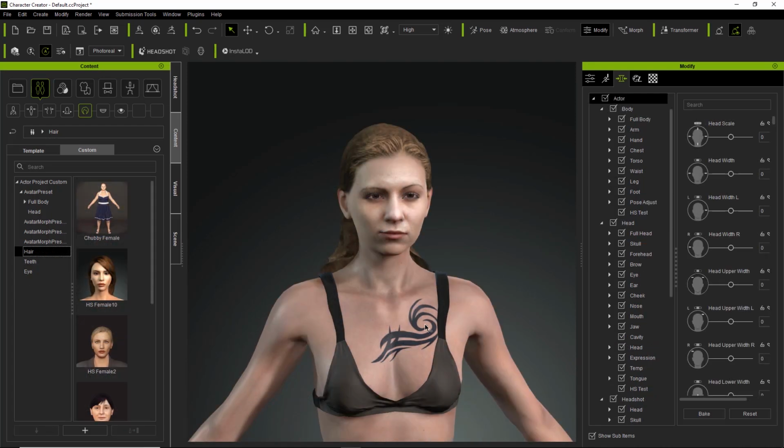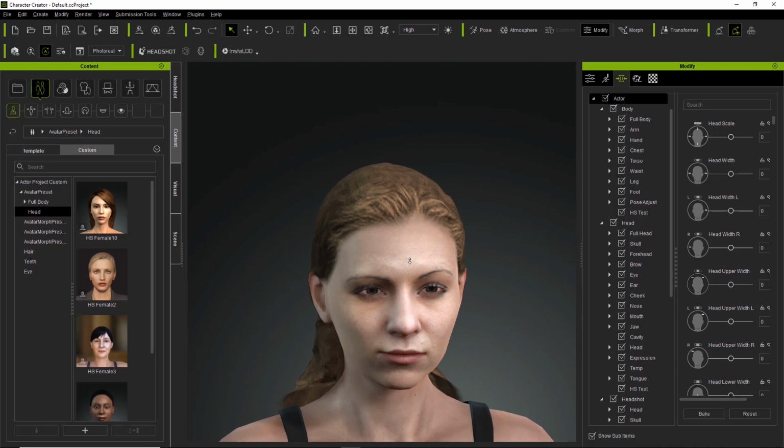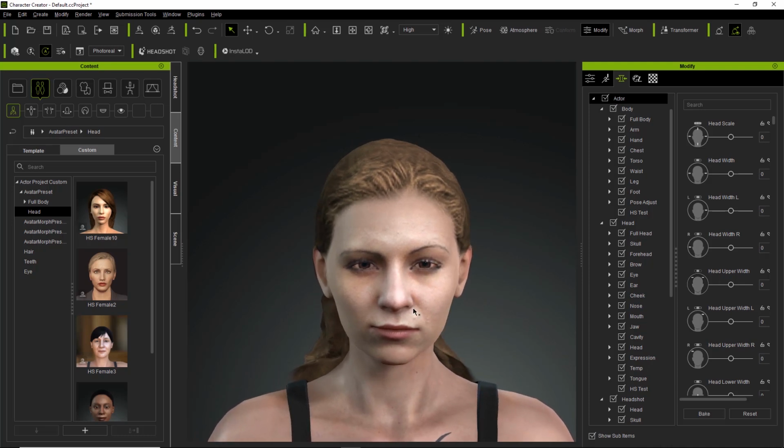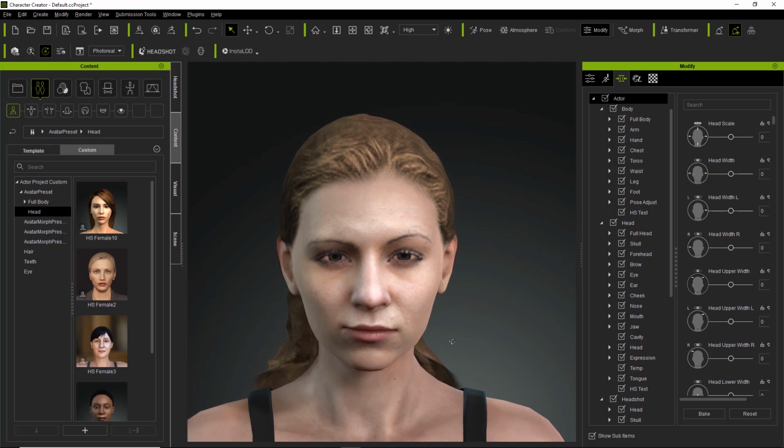Now, if we only want to save the head separately, then we can do that as well by simply going into the content custom tab here again. We don't have to go into the head folder right away, but we can. We just go ahead and press the plus key. Let's make sure we're at a good distance for a nice head thumbnail here. Again, you may want to try and copy these custom ones that I have here. A nice close up like this, and press the plus key.